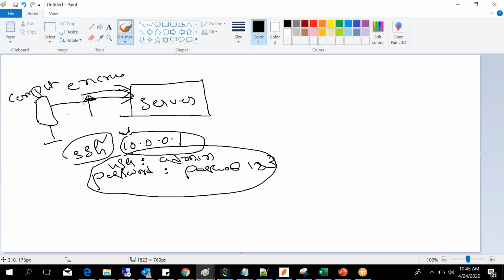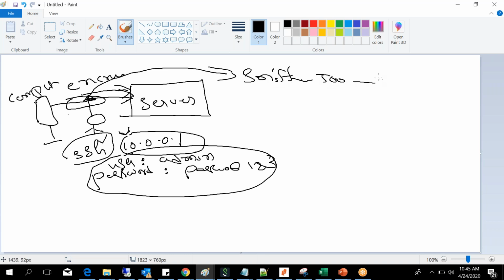Because in between, somebody can capture your traffic. Some guy in the middle can capture the traffic and get the username and password. There are a couple of sniffing tools like Wireshark and others that will capture the username and password.